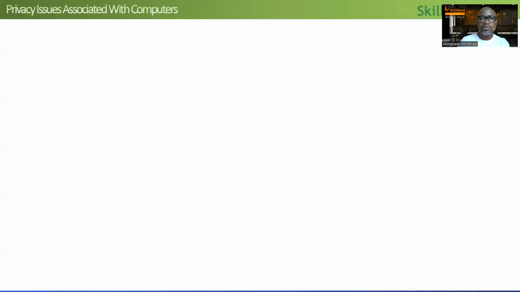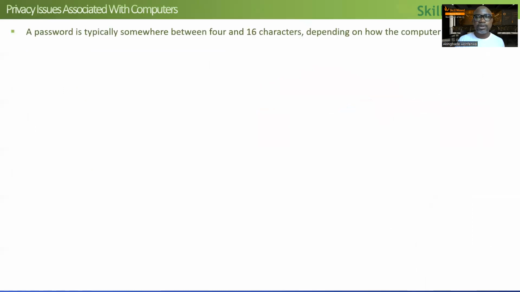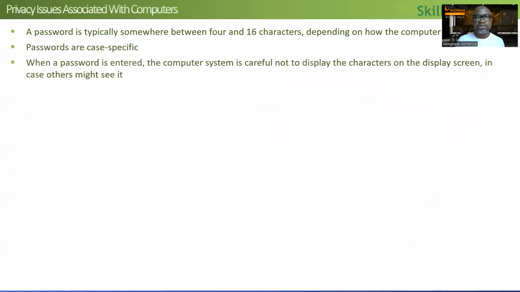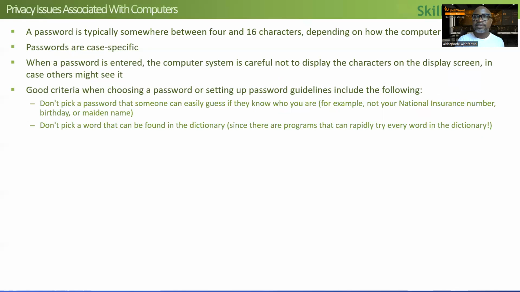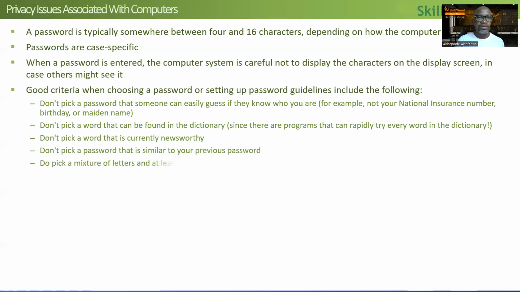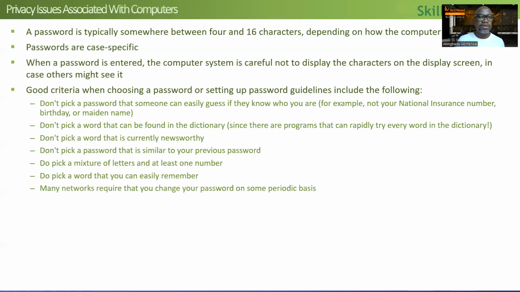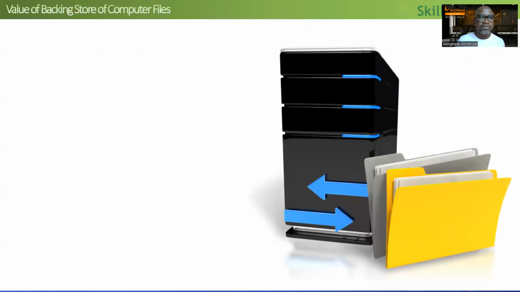Privacy issues with computers, of course, there's going to be privacy concerns typically. So those are issues we need to also always deal with, talk through. What are the privacy concerns with my computer systems? Password, for example, how are the passwords set up within the organization? What are the criteria and guidelines for a good password? And these are things in our GRC program we cover typically. You will see how to define policies around access control within your organization. And you can come up with some best practices, recommendations on what should be within access control within your organization.